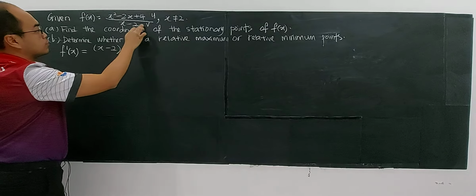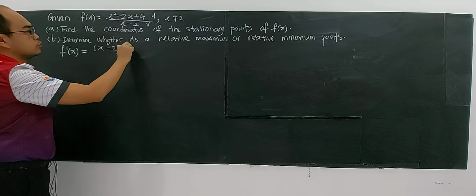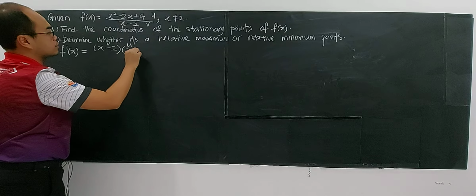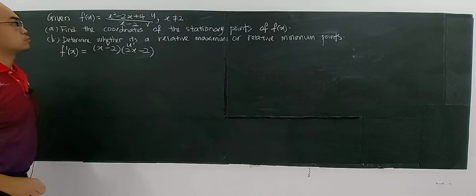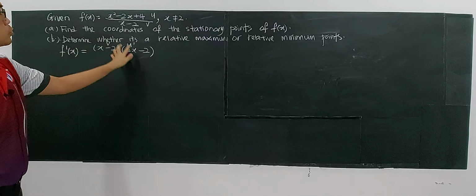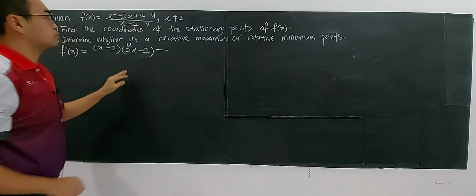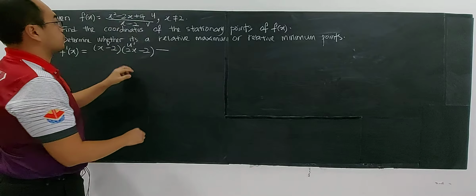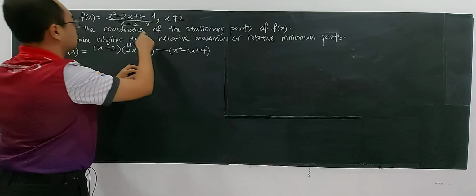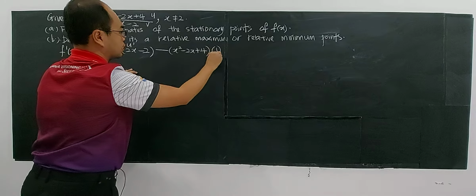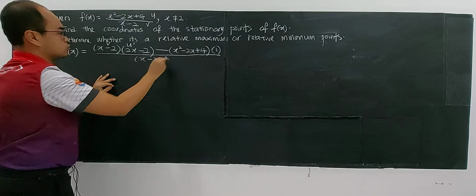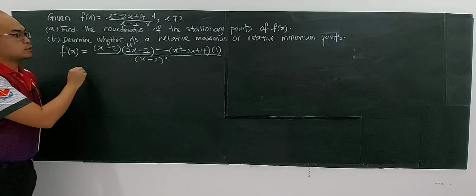As you're very familiar with the quotient rule, then you have v u prime. Differentiate u, you have 2x minus 2. So v times u prime, x minus 2 times 2x minus 2, and then minus u v prime, u is x squared minus 2x plus 4, and v prime, differentiating x minus 2, you have 1. Then everything over x minus 2 to the power of 2. So if you rearrange this,